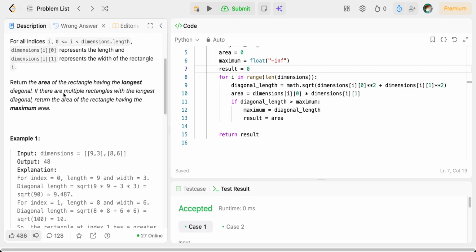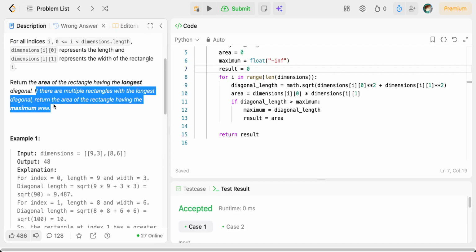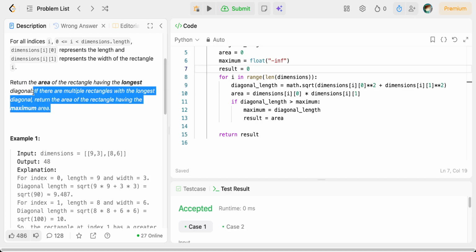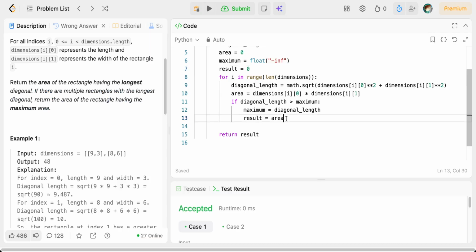So we have this condition: if there are multiple rectangles with the longest diagonal, return the area of the rectangle having the maximum area. What this means is that I'm checking if the diagonal is greater than the maximum, then I assign maximum to diagonal and I return the result, which is the area. What I need to do is also check